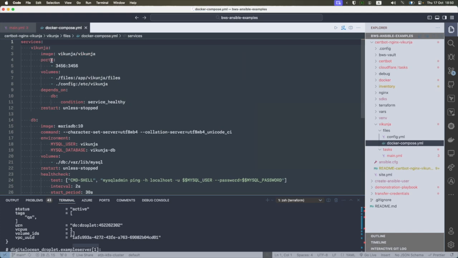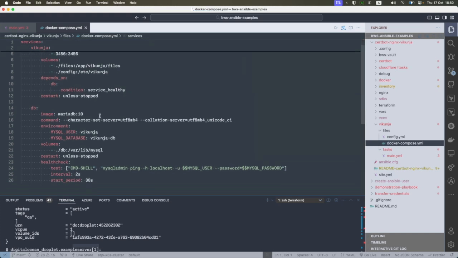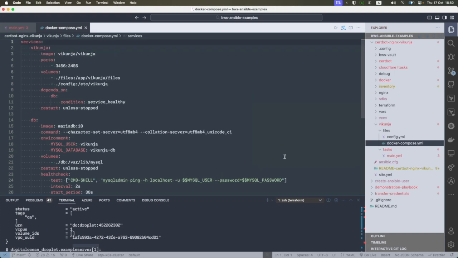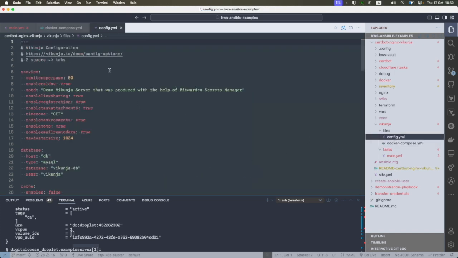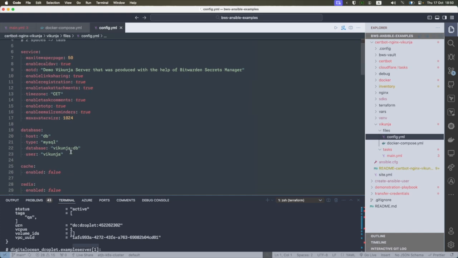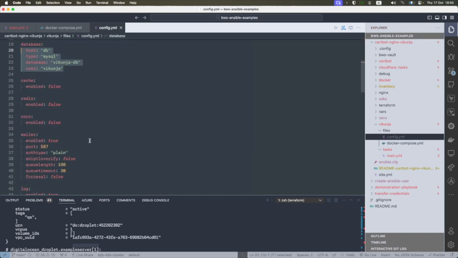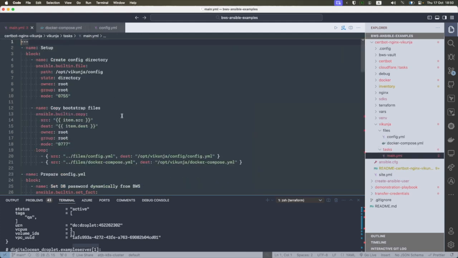I've not done that here. These Docker Compose files are very neat, I guess. There are no secrets exposed in these. And in the config.yaml, this is where you could put secrets, but you can see that for the database and for the mailer, where we're actually going to inject these secrets, there are only non-secret values there. If we take a look at what we're doing,